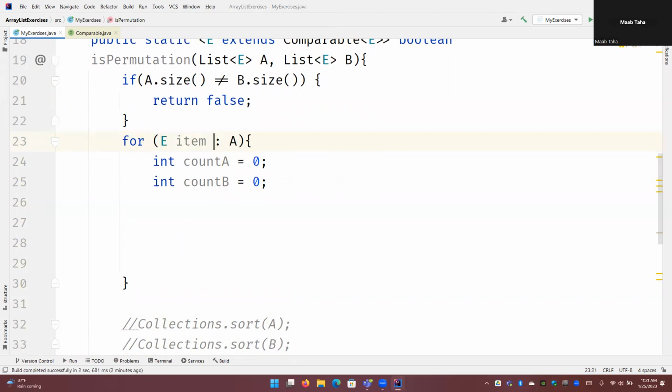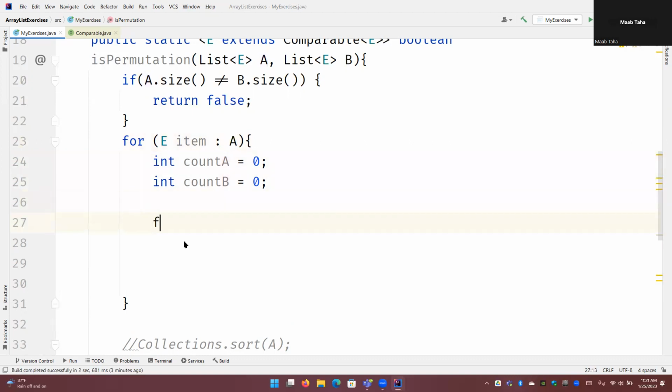This is a for each loop in Java. Just like the for loop in Python, if you've taken Python. If you took C instead, this looks a bit weird. But what this does is that it automatically iterates through all the items. This is great if you want to just simply go through each item and don't care about the indexes, which I don't in this case. It's terrible if you care about the indexes because you don't have access to the index anymore. So it's very useful here. You will have to use them again around week 10, when you have to do sets which have no index. So, for each item in A,